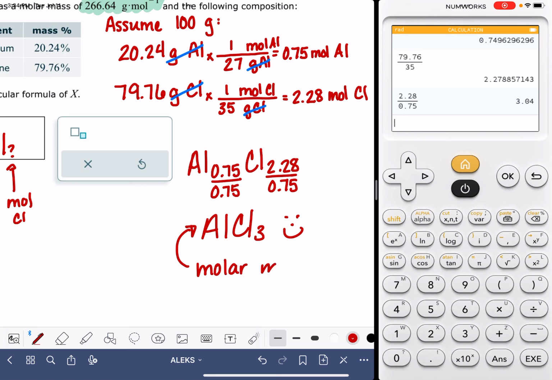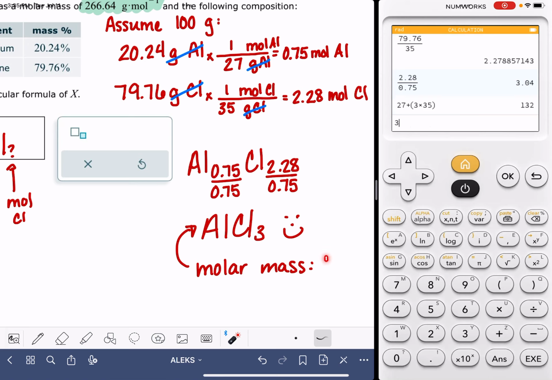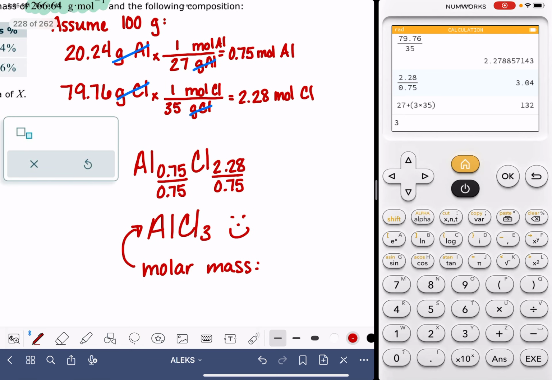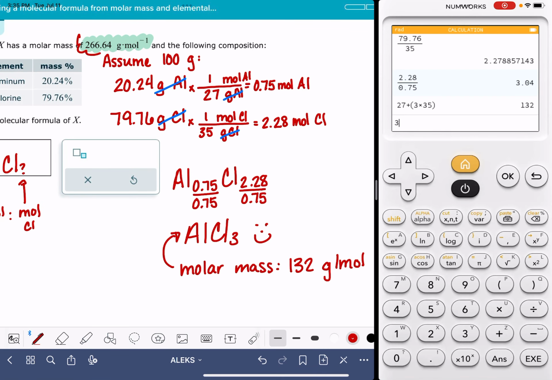So we're going to add up the molar mass of this compound. 1 aluminum is 27, and we have 3 chlorines, which gives us a total mass of 132. That is not 132 grams per mole. That is not the molar mass that's provided to us in the problem. The molar mass in the problem was